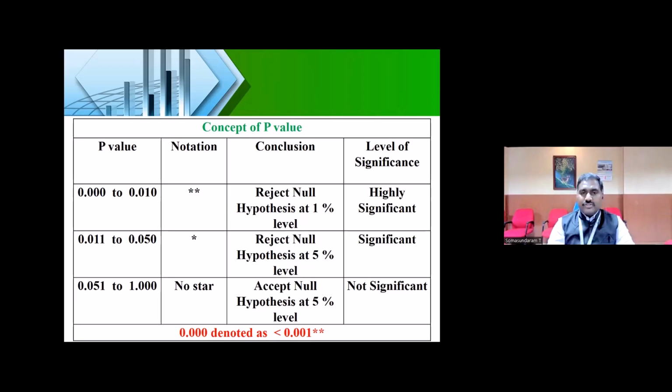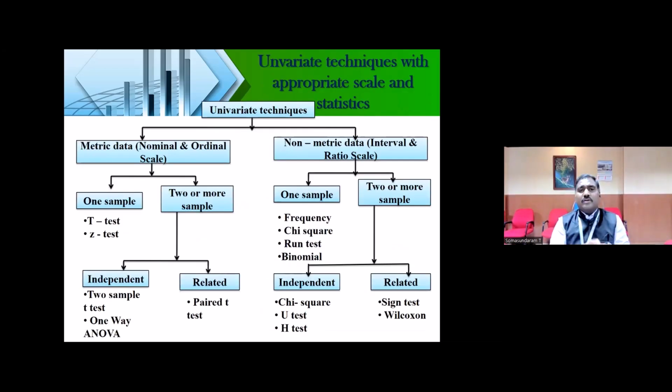So these are the basic things about what you are going to do in SPSS. I hope you are clear about variables, data, the p-value, and what type of test is required for what type of scales and data. This is very, very important. Before working with SPSS, please have clarity on what variables you use in your research work, what type of data it is, and what scale you use for measuring all your variables. Accordingly, you can decide what analysis you can do.